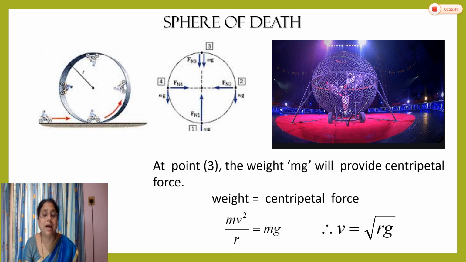If you have to obtain the angular frequency or angular velocity in this case, then instead of the formula centripetal force mv²/r, you can use the formula mrω². You know the formula for centripetal force is also mrω², where m is the mass of the rider, r is the radius of that circle, and ω is the angular velocity. When we put the value of angular velocity ω is equal to 2πn, we will get the frequency also. Means frequency of revolution or frequency of rotation or angular velocity of rotation you can find also here. So this is the case of sphere of death. In the next video, I will explain one problem about it also.